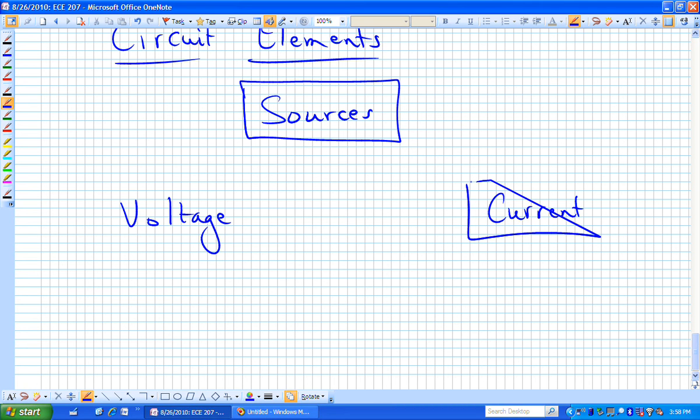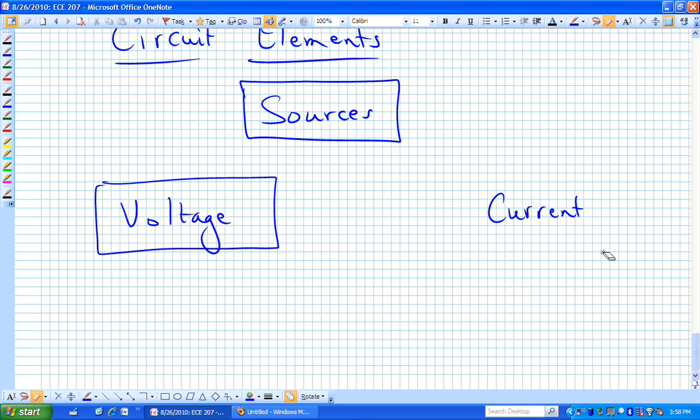I did not draw that shape. See? Once we have those two types of sources identified, one or the other, or we could have both types of